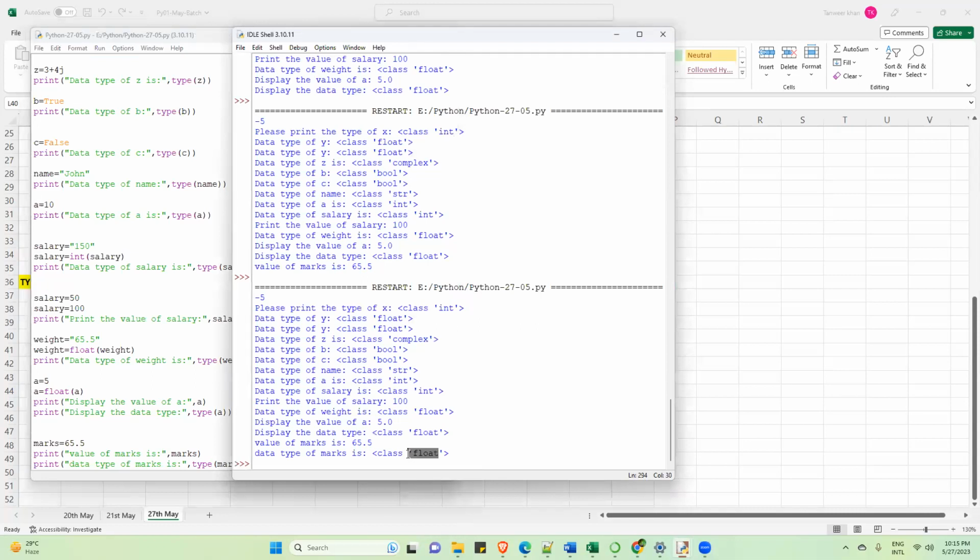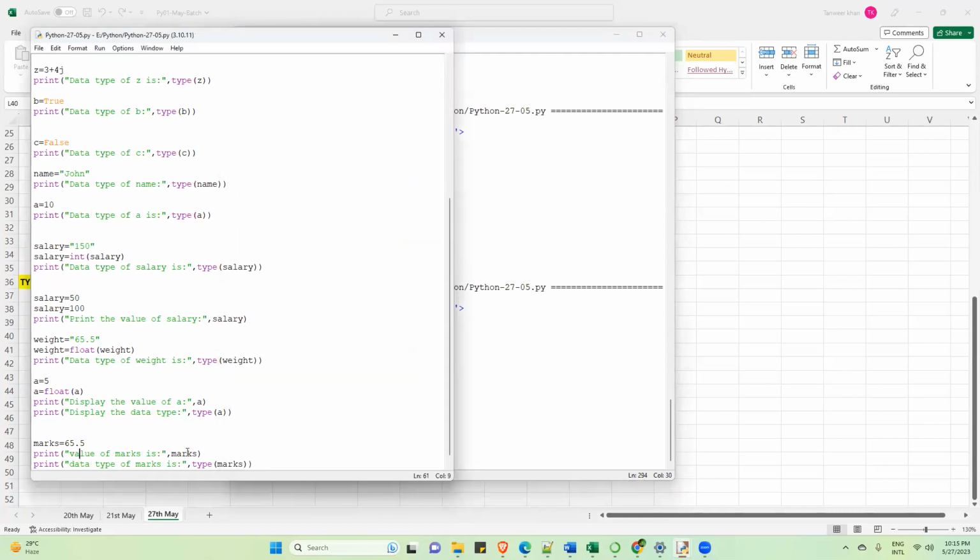Yes. Okay. Now I want to convert this float into integer. So I will write here